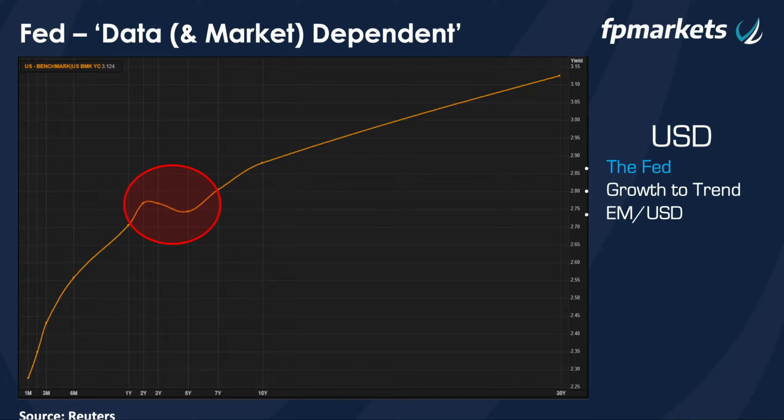And yes, there is parts of it. But again, what we've seen is that the market actually probably drove the Fed here. And that's why I want to bring you to this chart. So this here is the US benchmark, obviously the yield curve, from 1 month all the way out to 30 years. Again, I want to do the same comparison between what was happening leading up to the December meeting and what